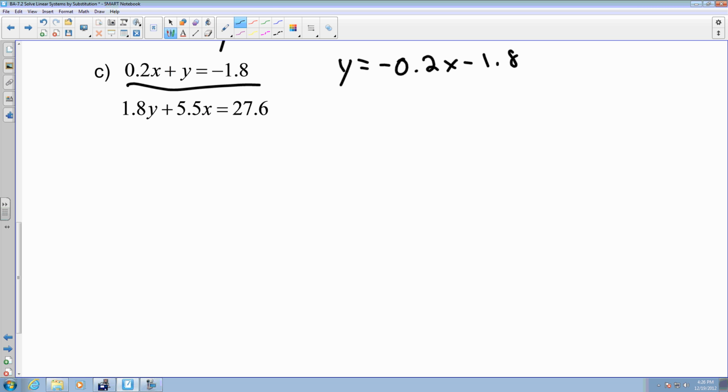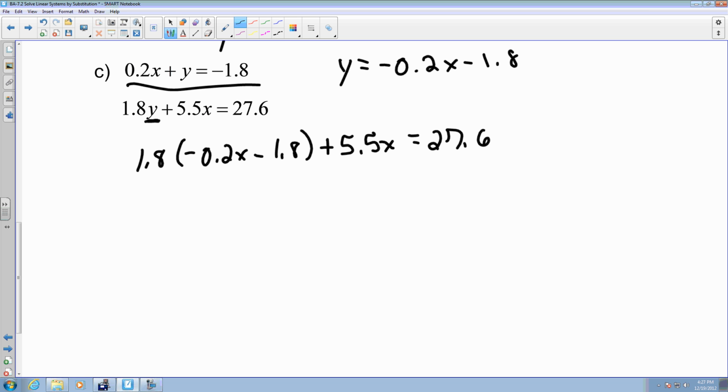Now that I've gotten a variable by itself, I'm going to substitute it into the other equation. I have my y, and I know my y equals negative 0.2x minus 1.8, so I'm going to go 1.8, and now I got negative 0.2x minus 1.8 plus 5.5x equals 27.6. Now I'm going to solve for x, so I'm going to distribute my 1.8, which gives me negative